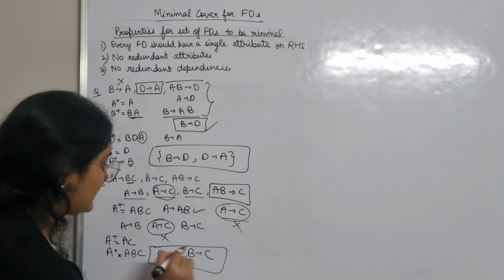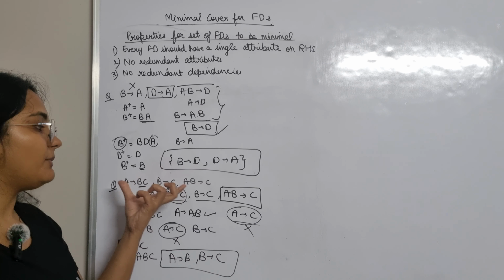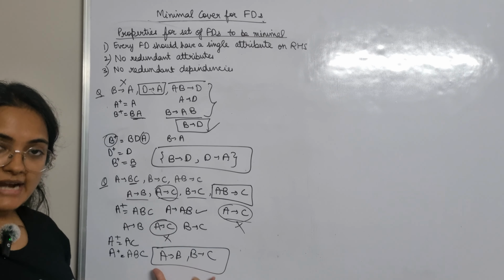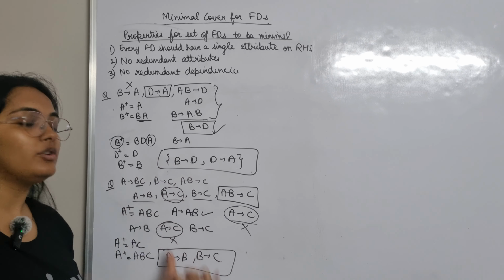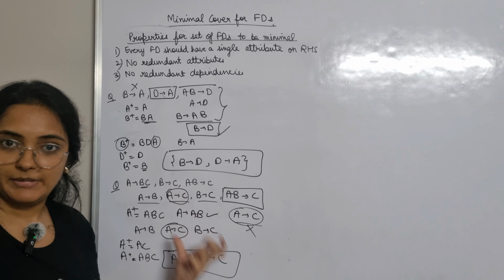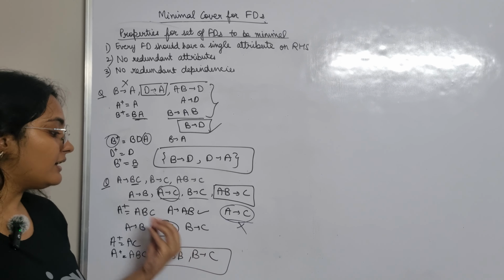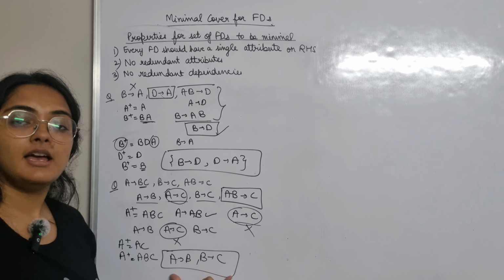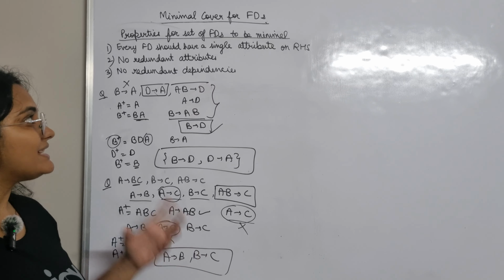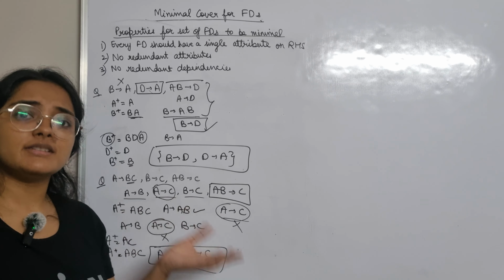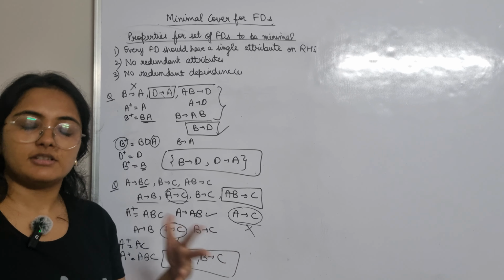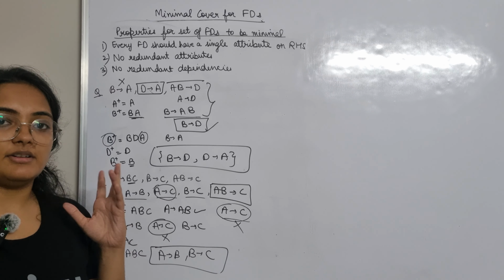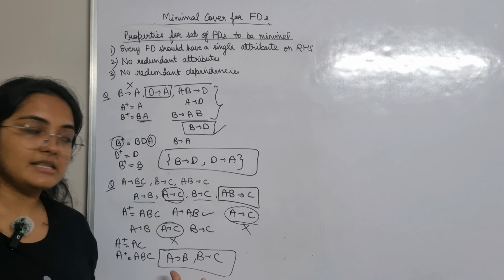This is the minimal cover, which is the set of dependencies that is minimal and is equivalent. Equivalent means both lead to the same set of functional dependencies, right? Both form the same closure of functional dependencies, just that this is minimal. It is also called canonical form or standard form, so do not get confused. It is also called canonical cover. Canonical cover, minimal cover, all the same names. Okay, so this is how you find it.